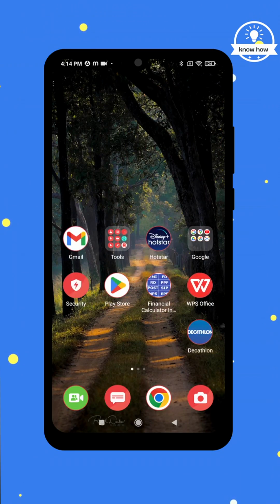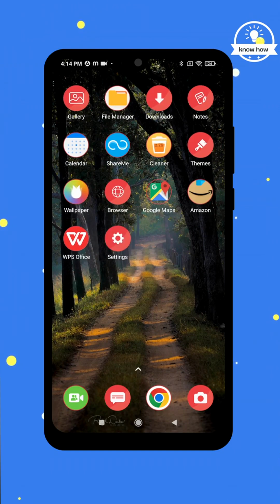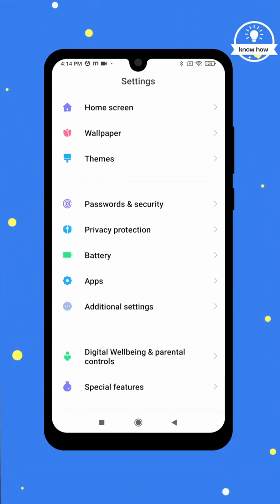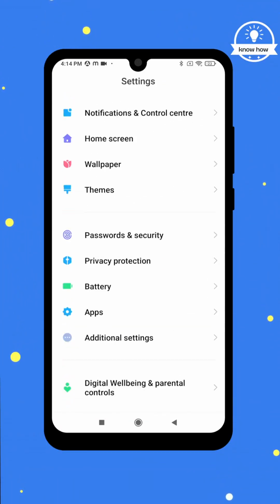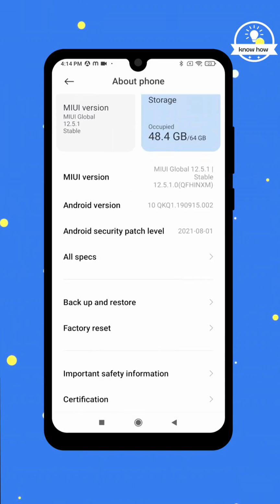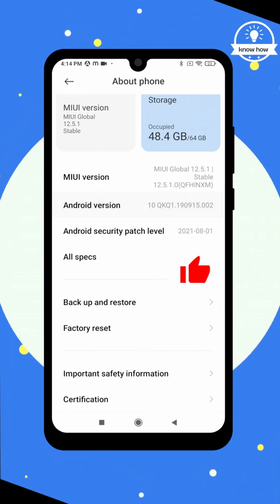To begin, open the Settings app on your Android device. Next, scroll all the way down to the bottom of the Settings menu. Once you're at the bottom, you might not see the developer options right away. Search for About Phone in the Settings search bar. Here in the About Phone section, you'll find various details about your device, such as the Android version, MIUI version,